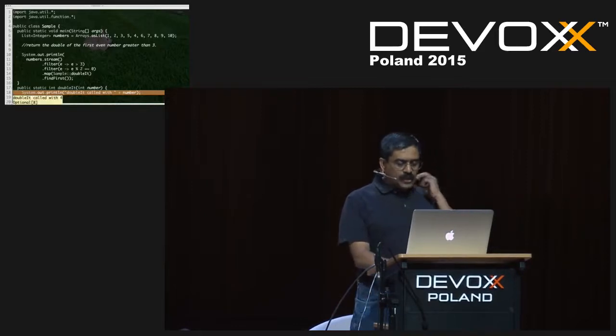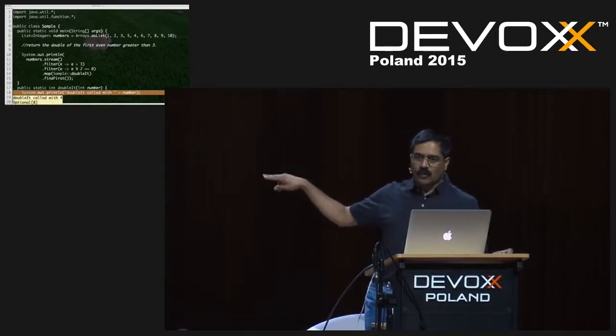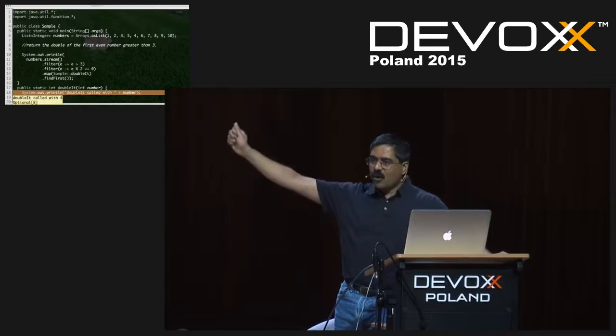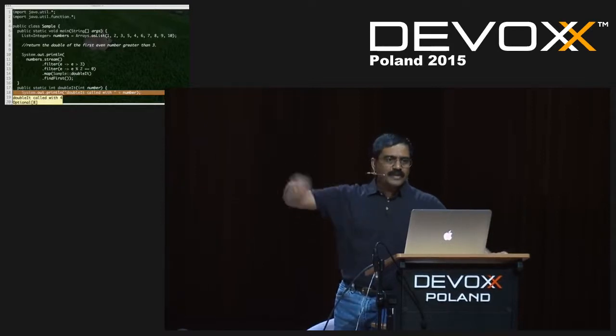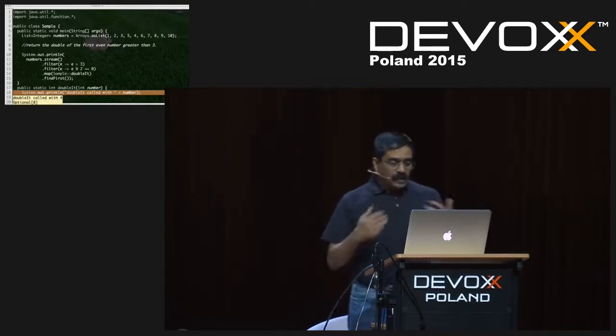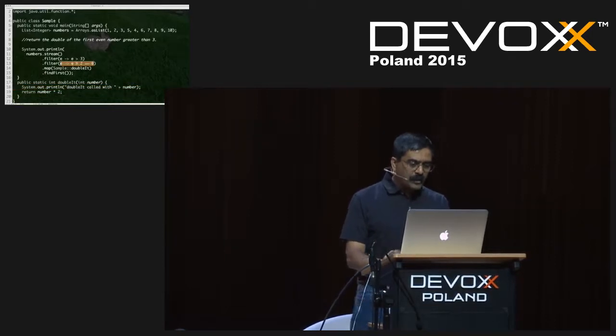Now, when I run this code, you can see it called the double it only for 4 and definitely not for any of the other values. It never ever called it for 6, 8, or 10, even though 6, 8, and 10 are greater than 3 and are even. If you extend this a little further to take a look at this particular function right here,